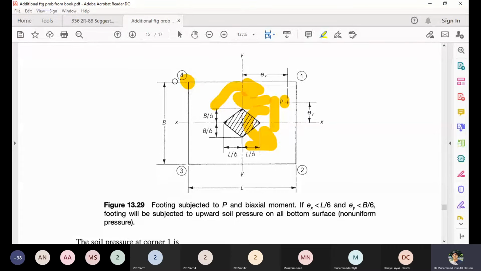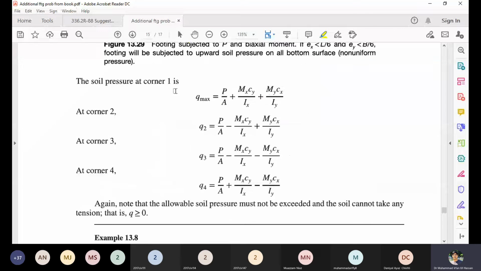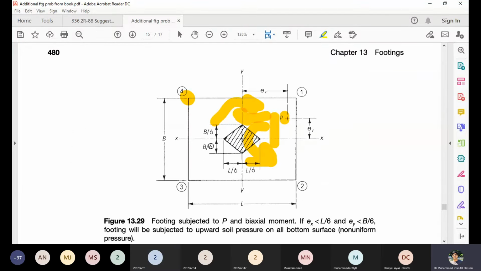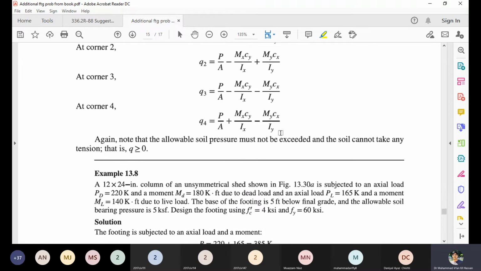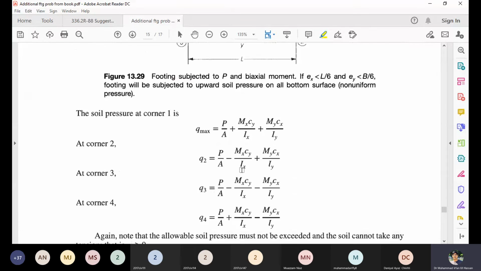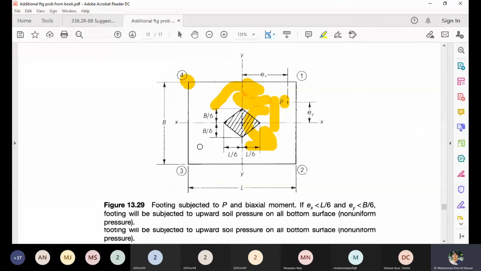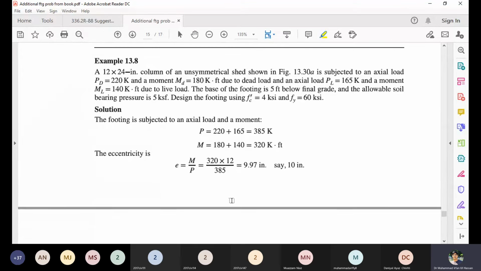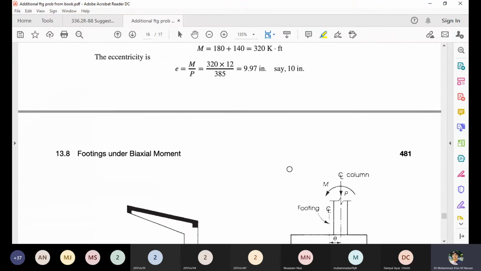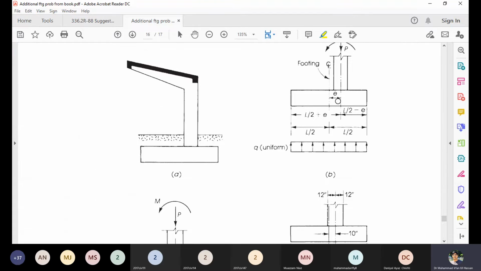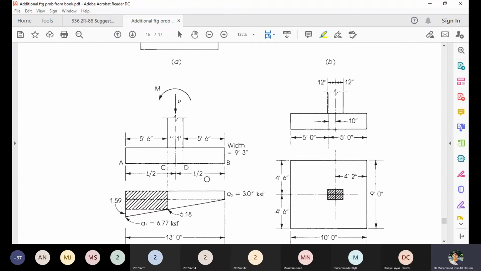For this design, you can use the computer-aided software SAFE for designing this type of footing, but you can compute the pressure manually, and you can compute it at many other points, so that you are able to fully understand the pressure variation under these kinds of footing. So this example is footing under biaxial moment. Then an example is given where the moments are also present, so the bending moment is present and eccentricity is there.